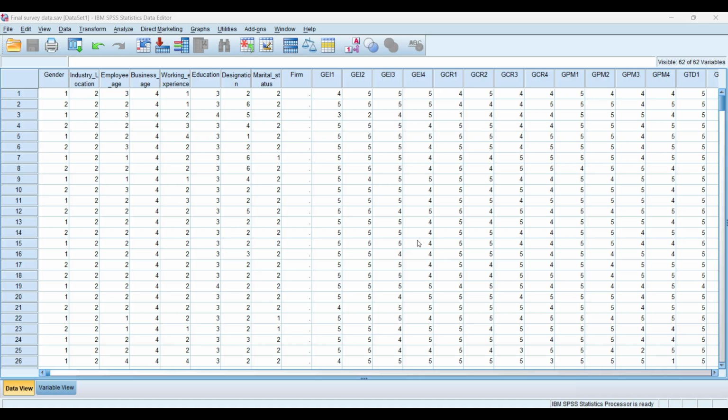So mean is the arithmetic average of a set of observations. The second measure is the median. Median is the middle value. Mode is the most frequently occurring value. Standard deviation tells us how dispersed or spread out observations are around the mean. Variance is another measure of dispersion. It is closely related to standard deviation. So when we come to